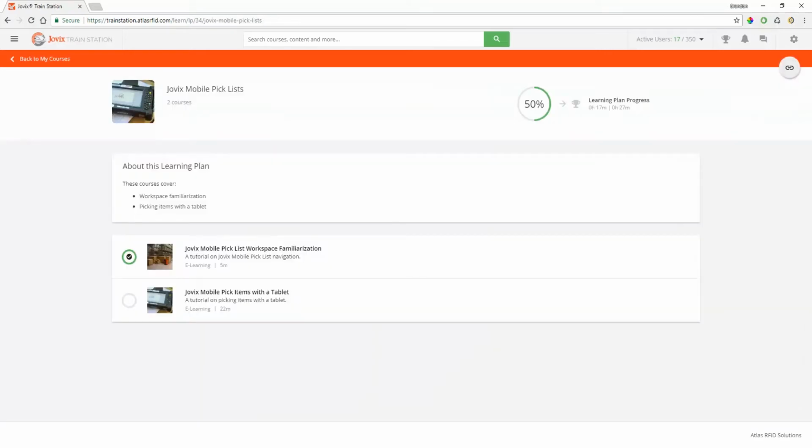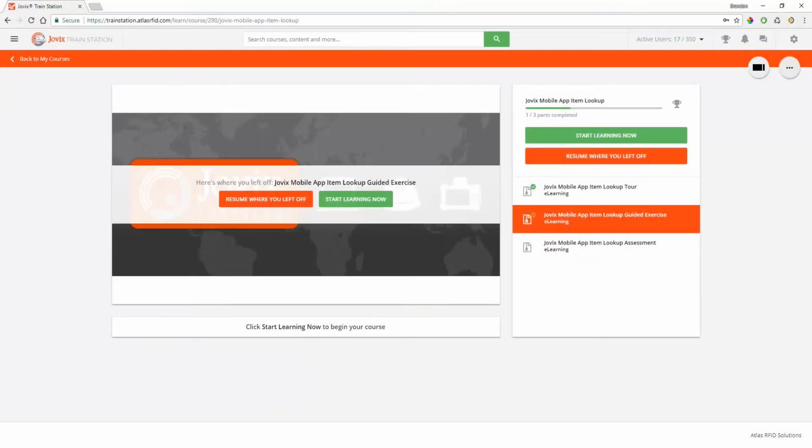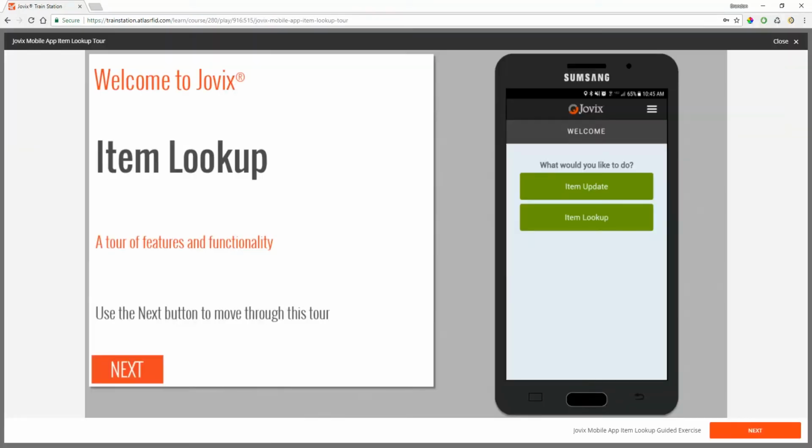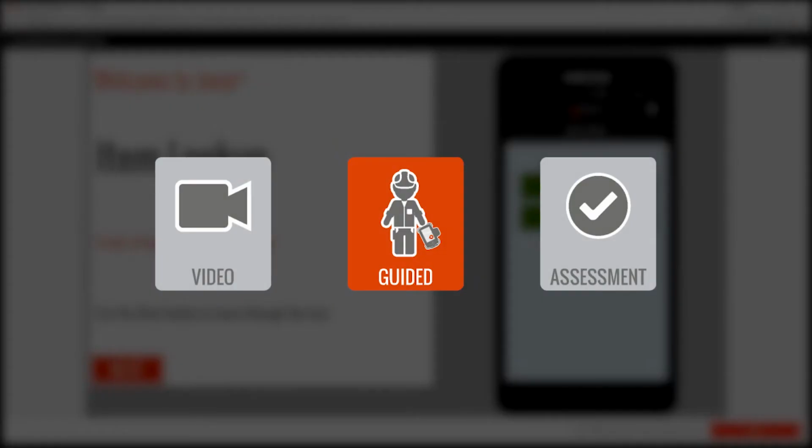The courses in a learning plan are intended to be taken in order from top to bottom. Click the next one in the list to begin. On the course page, you'll see all the learning objects that make up the course. Again, click the next one in the list to start learning. Most courses in the train station consist of 3 parts: a video tutorial, a guided exercise, and a graded assessment. You can take each part as many times as you like, which comes in handy if you need to review